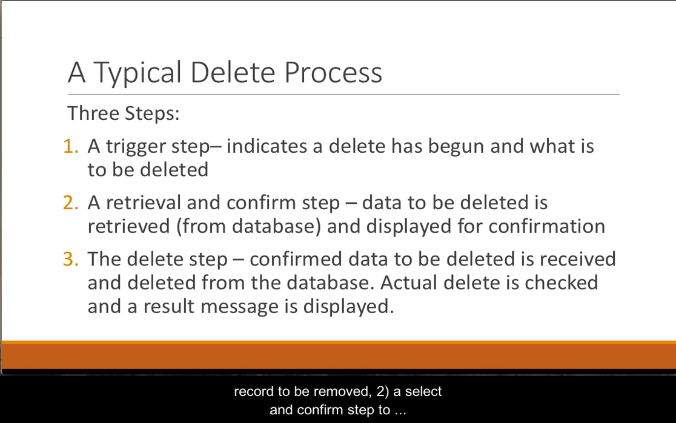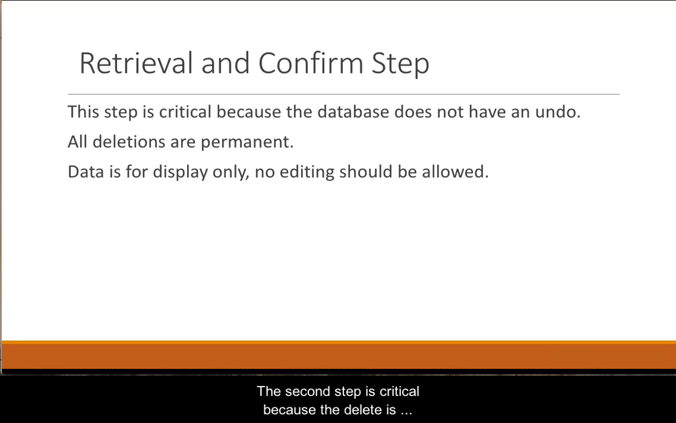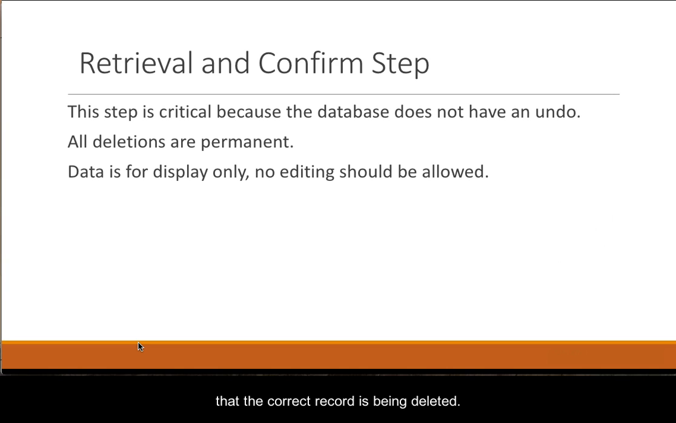Second, a select and confirm step to make sure the right item is being deleted. And third, the actual deletion and report to the user of the result. The second step is critical because the delete is permanent. The database does not have an undo feature. Because the second step is to confirm the item, it also does not allow any editing. It simply shows enough information about the record to allow the user to confirm that the correct record is being